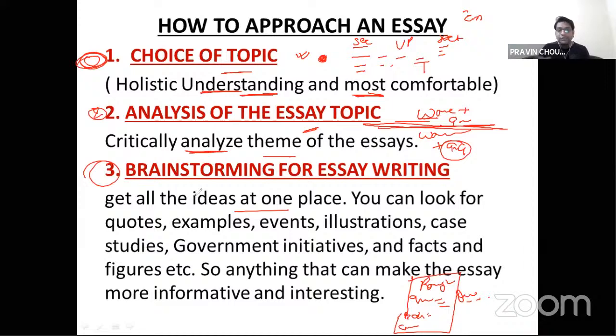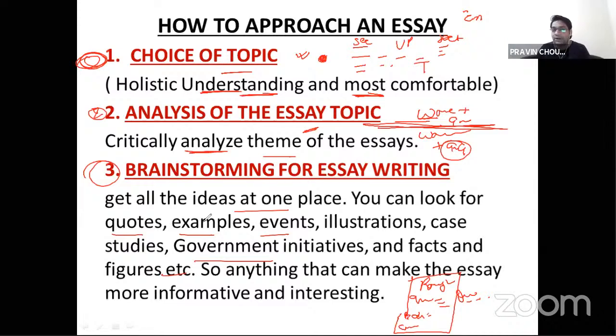That flow of writing, your thinking: by reading your essay, the examiner will identify how you analyze a particular topic and how you think about particular case studies. So what you will do, you can look for a quotation, examples, events, illustrations, case studies, government initiatives, facts and figures. Whatever things you have about women empowerment, whatever examples you have about government initiatives,